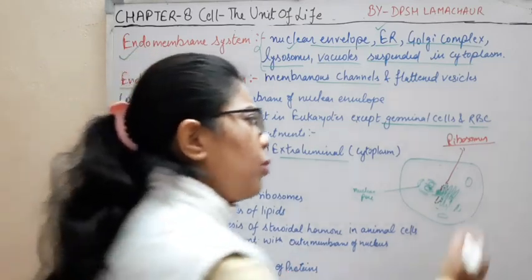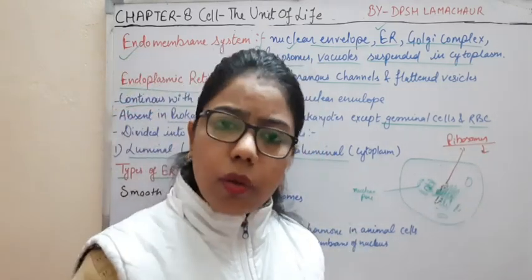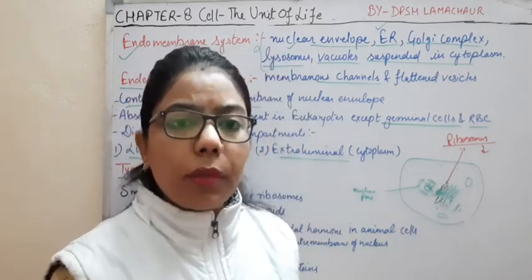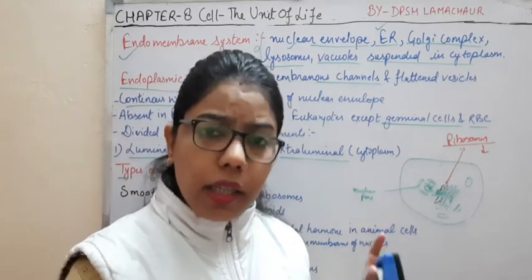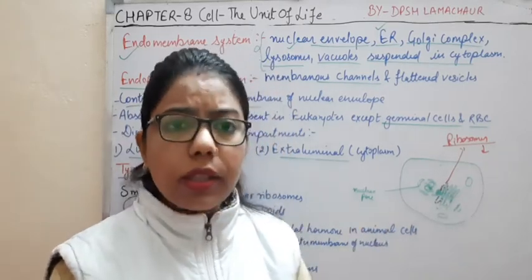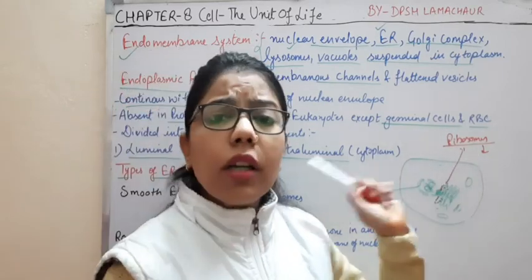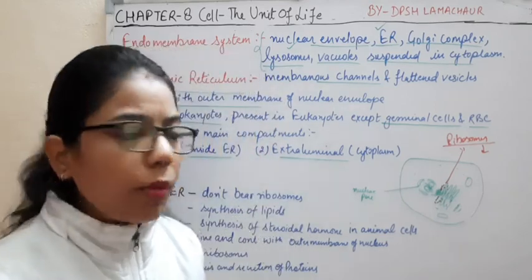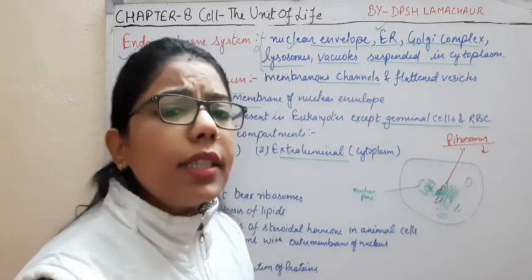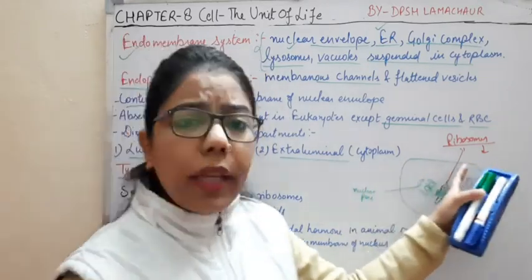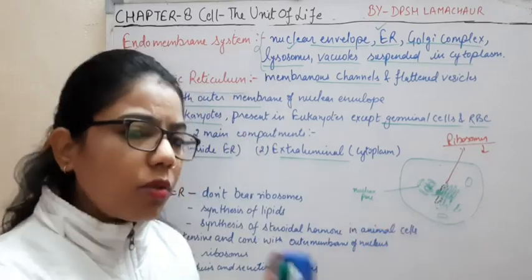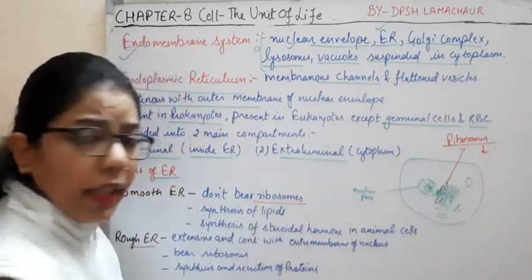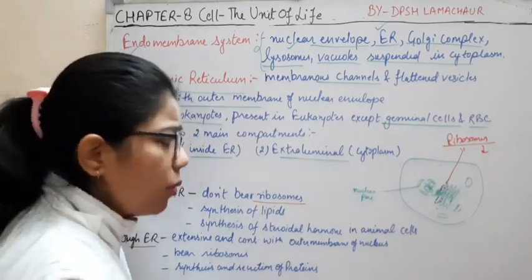Now, if ribosomes are there, there may be some function. And we know something about ribosomes. What is the function of ribosomes? Because ribosomes are present in other cells also, we have done this. So the ribosome's function is what? We have done protein synthesis. Whenever we are talking about the ribosome, the function is protein synthesis. So we can say that it will have some specific function. We will understand it here with the first one, that is smooth endoplasmic reticulum. Same thing, they don't bear any ribosomes.